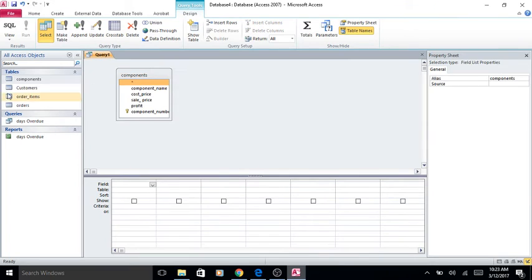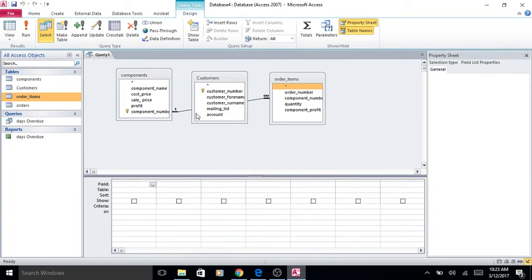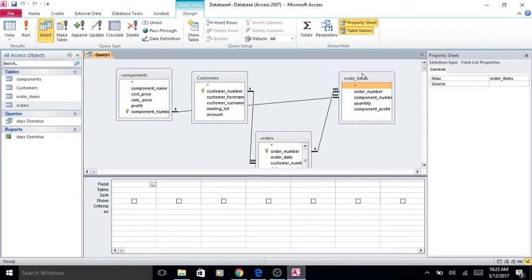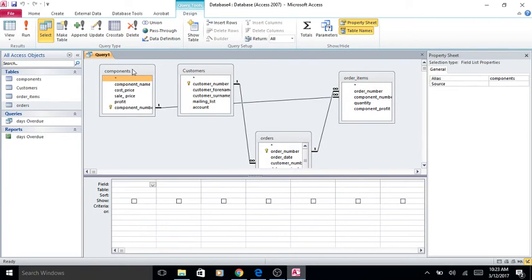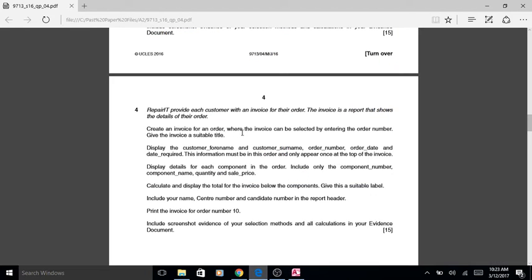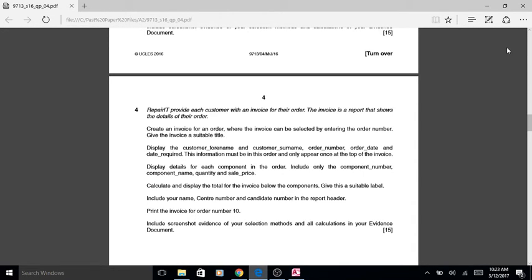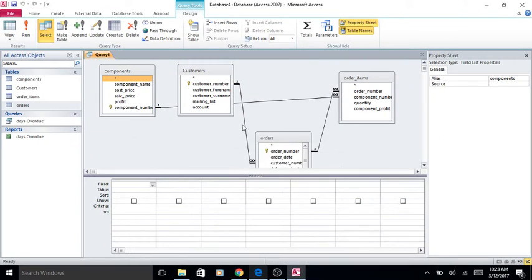I'm going to add all the tables in, just to make sure everything is related. Okay, there's quite a lot of information you have to add to this query. So the first thing we want is the customer details: the forename, surname, order number, order date, date required. Also, you'll be entering the order number. We'll come to that later though. So customer forename, customer surname,